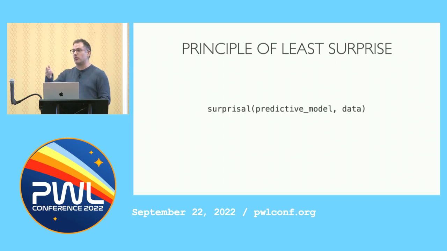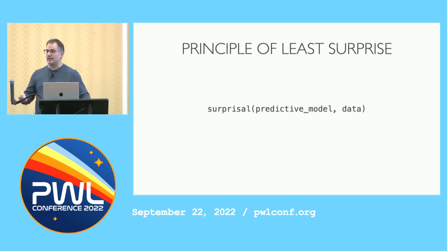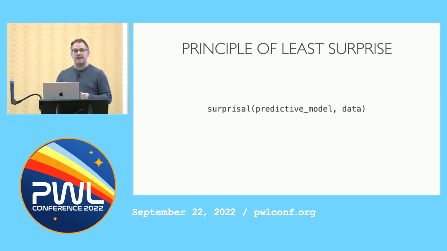If it does one thing on one screen, it should do much the same thing on another screen, but there are other expectations that come from the larger ecosystem of software, right? And there is a concept in statistical mechanics called surprisal, which is basically the measure of information, of entropy, in a piece of data. And the important thing about surprisal is that it points out that surprise is not intrinsic to the data. Surprise comes from a mismatch between some predictive model, right, our expectations, and some data. You can have an arbitrarily large data set, and as long as the person receiving it expected exactly that data set, there is no entropy, right?